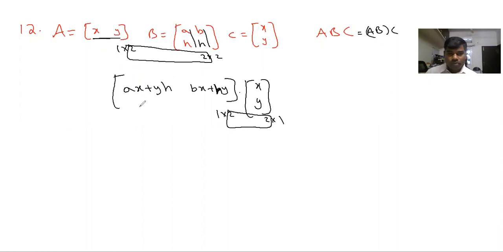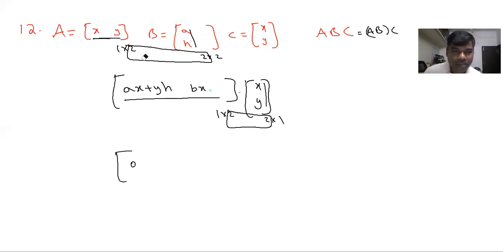And now this is only one row and one column. You'll get just one element. So what is that? AX YH into X. No, sir, AH, sir. Oh, sorry, thank you. I'll change that. AH and HB. So the XY, and then no problem with this. And then the second element HX plus BY.